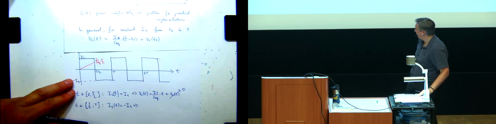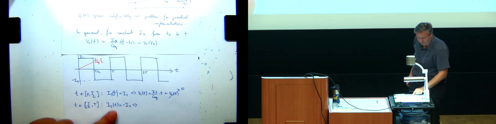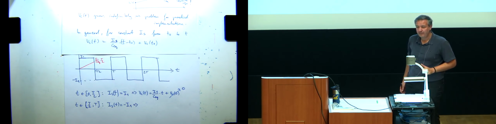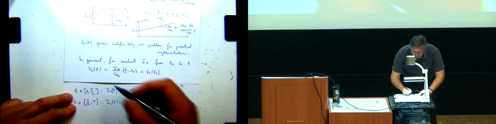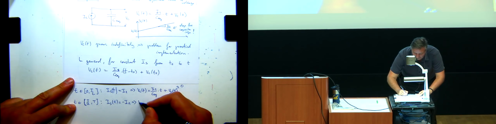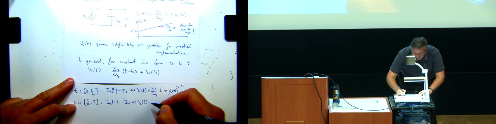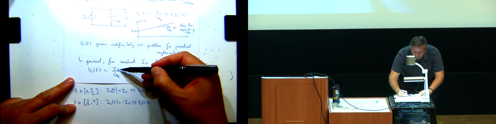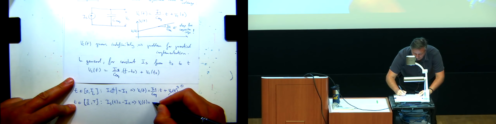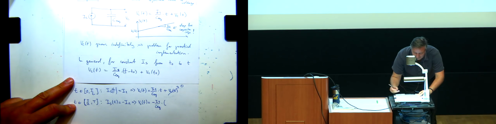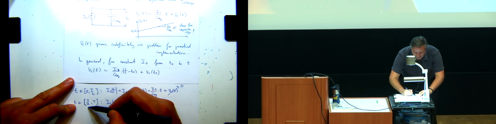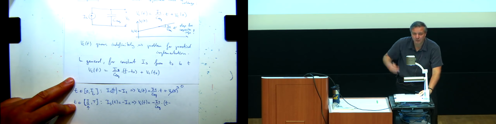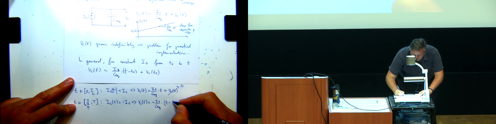So let's just plug it into this equation. Then Vc of t is equal to, at that point, the current is minus I1 over C equivalent times t minus, and our t0 is T over 2, because we're starting from T over 2,